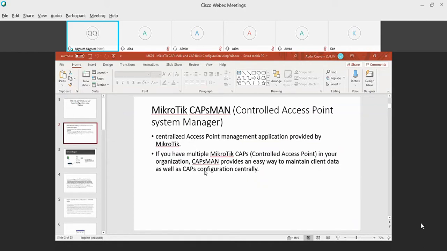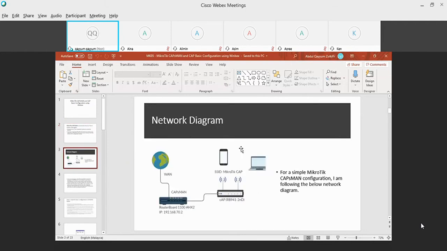Let us take this example, just a simple one. I have one router RB1100, and I will make this RB1100 my CAPsMAN manager.